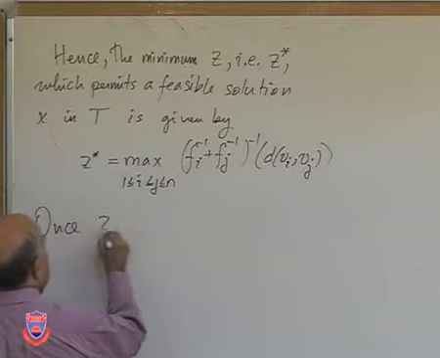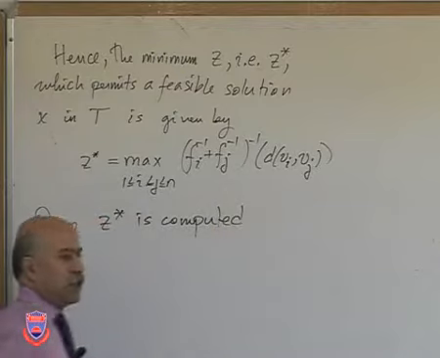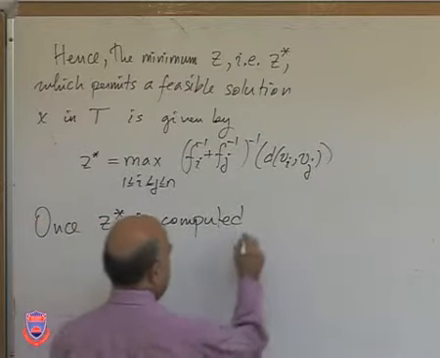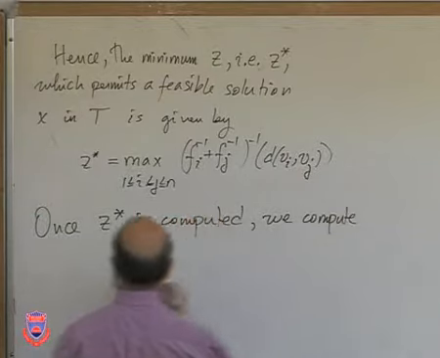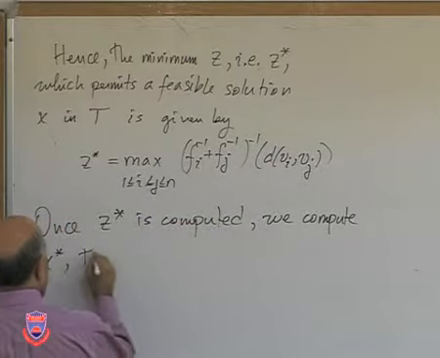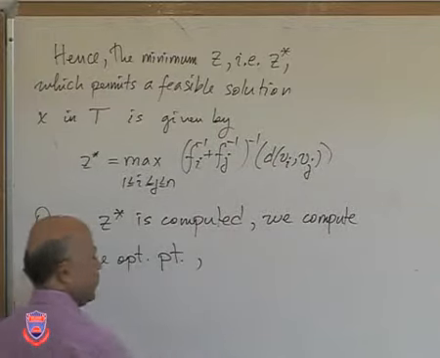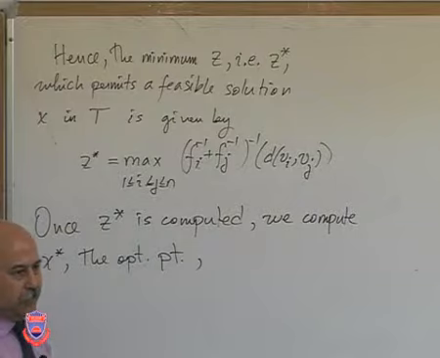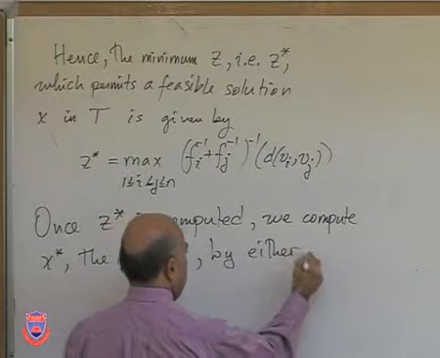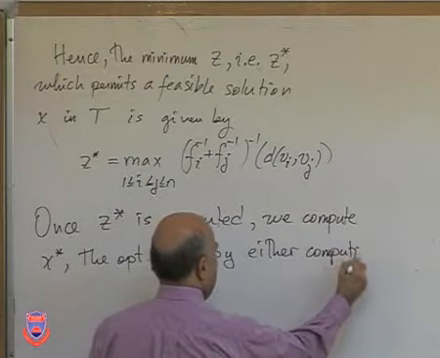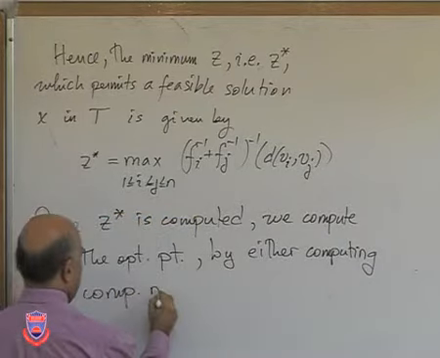Once z star is computed, how do I find actually a point now? We compute or find x star, the optimizing point, or the absolute center, by doing what? By either computing the composite neighborhood representation